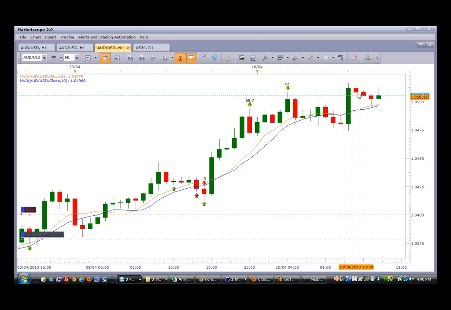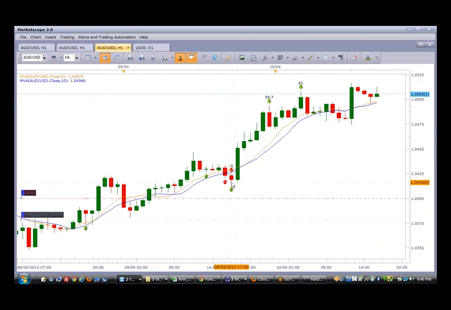Okay, on the 1-hour chart, this one was the trigger for the 1-hour chart. Trigger here to close. This is the second candle below, first candle, second candle above, giving you more opportunities to go actually long on the 1-hour chart as well. Okay, any questions with the Aussie against the dollar?